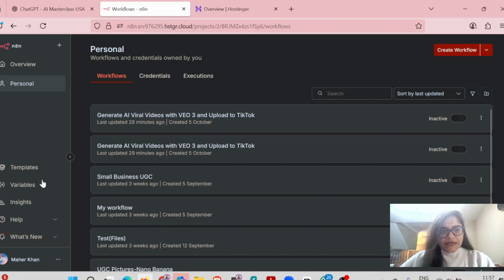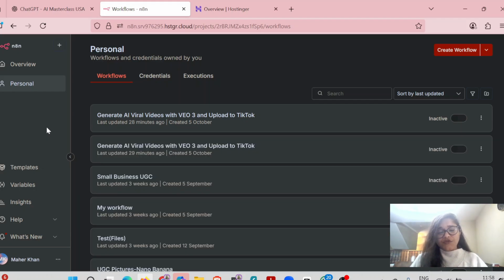Now with N8N, there are three different ways you can have it. First, you can self-host on your PC. In my previous video, I mentioned that I used it on my PC for almost 6 months, but somehow my laptop was getting heated up, and I was facing a few issues with my other software. They were not running smoothly, and that was also fine, I was able to manage that. But when the terminal was running, if I had to restart or shut down my laptop, I had to restart everything, and that was not convenient, right?